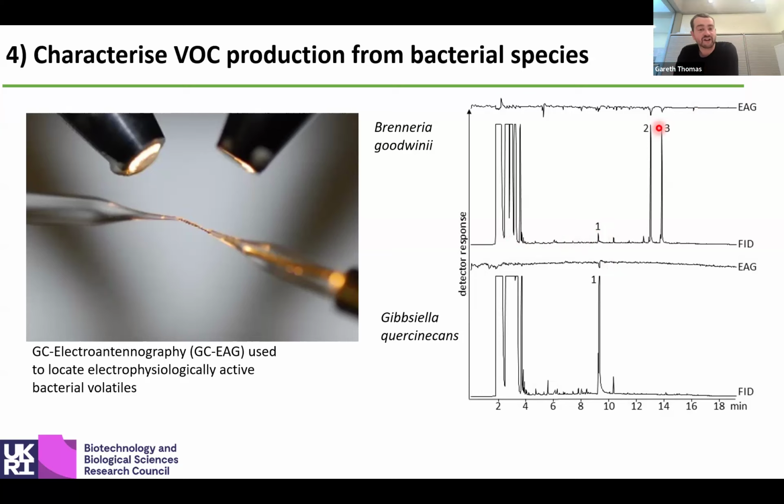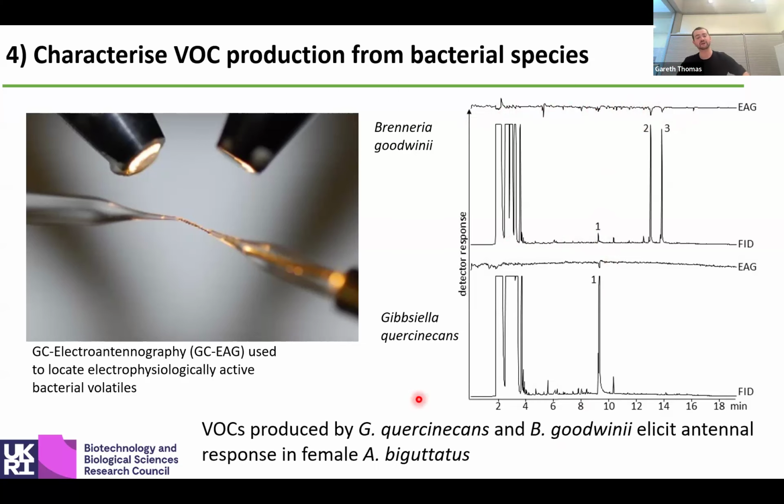But the thing that differentiates this technique from the previous one is that we've also got this signal here, which is EAG. We're looking for where the antenna gives a dip in the signal. And we can see that for compounds 1, 2, and 3, there is this dip in the signal, which indicates that the antenna can detect these 3 compounds. As I say, compound 1 as well seems to also be detected by them. So from this, we can conclude that the volatiles produced by Gibbsiella quaestionecans and Brunneria goodwinii elicit antennal responses in